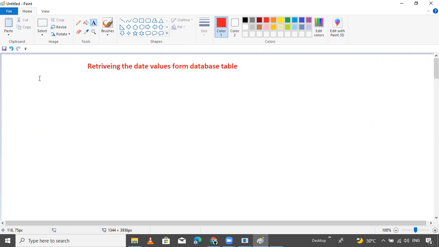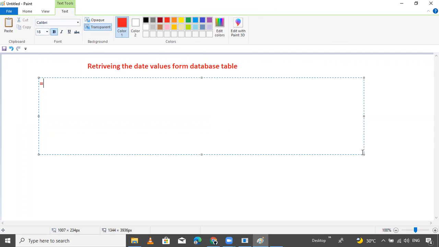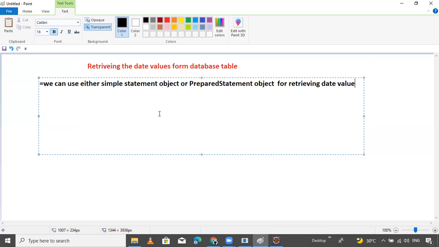Suppose I want to write some points here, so we get clarity. Now, the point is that we can use either a simple Statement object or a PreparedStatement object for retrieving date values.